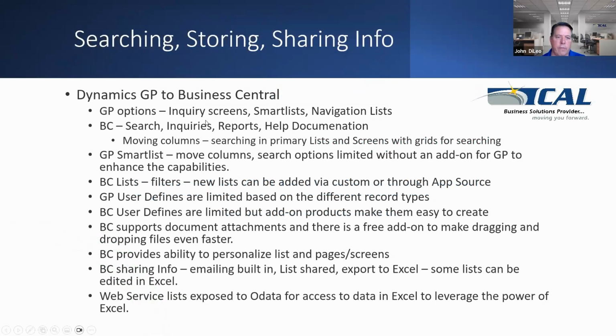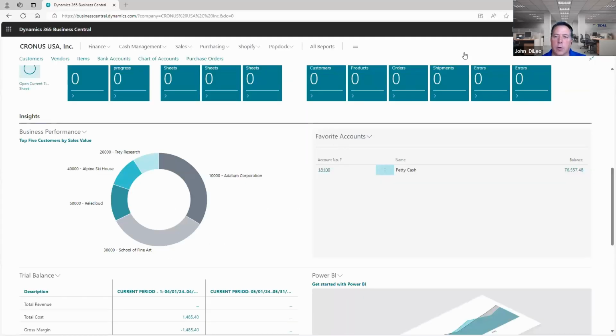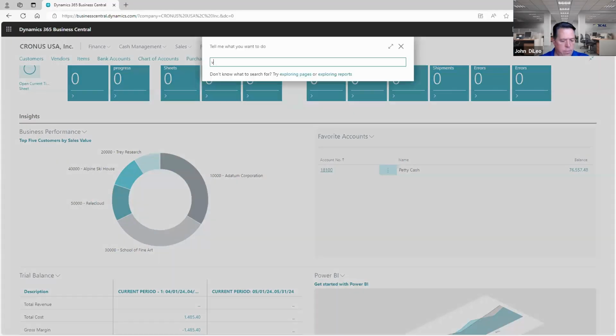Searching, storing, sharing information. So GP, you've got your inquiry screens, obviously for searching. Microsoft is adding some small feature functionality to help with those search screens. Obviously, most people are relying on smart lists, and then I mentioned the navigation list. With BC, again, if I go in and do a search, and I search for vendors,